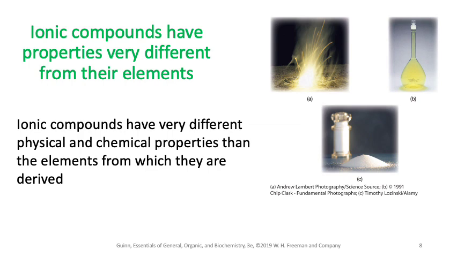For example, if you can see in this picture, this is sodium, this is chlorine gas. So what's the property of sodium? Sodium is a metal, right? A group 1 element. So this is a metal, and this sodium is extremely flammable, whereas chlorine is a gas, right? But when sodium and chlorine combine together to form an ionic compound, they become